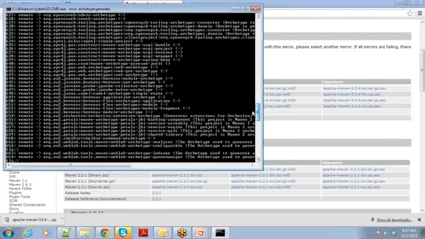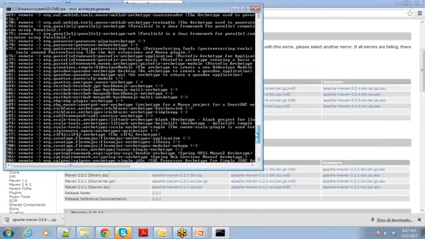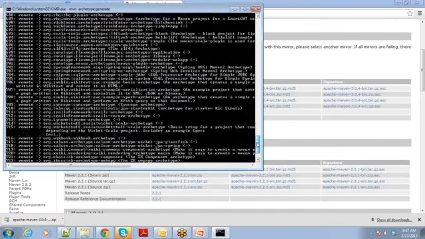You can also write this into a file using the greater than symbol, and then you can go through all these things. Suppose I want to generate a project structure for a Wicket framework, which is another web application framework. Or if I want to generate a project for the Spring framework, here you can see the number for that. If I give this number, it will generate a project which suits the Spring framework.